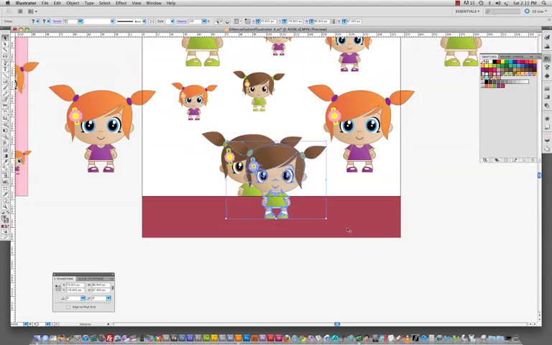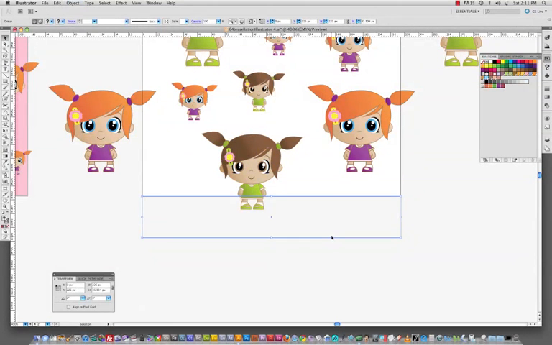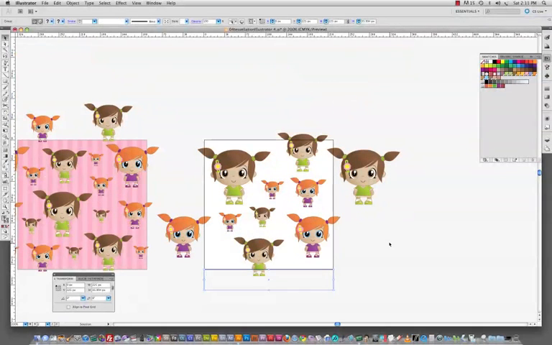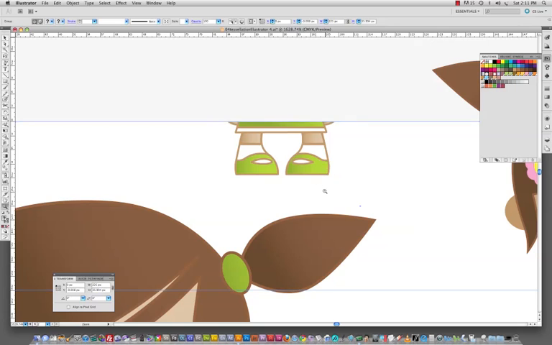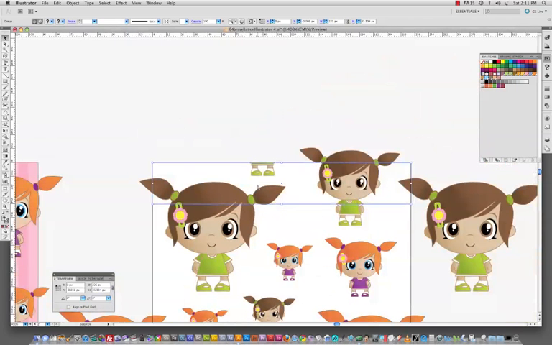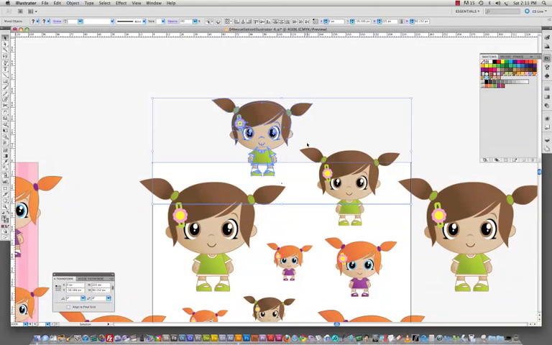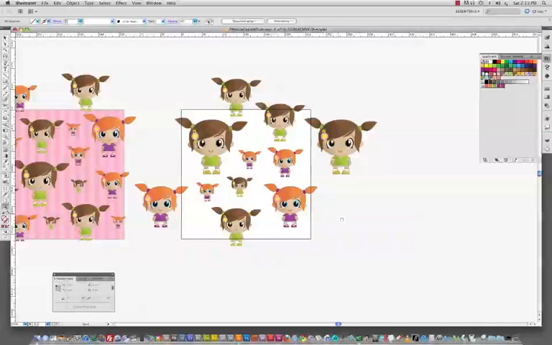I'll copy and paste. Whoops, I will copy and paste in front. Control C, Control F, or Command C, Command F, and Command 7 to activate the clipping mask. And then I'm going to move her little feet to the top. This is exactly where her feet will be, as per where she's been positioned at the bottom. That's where her feet will appear at the top. And Option, Command 7 to release that clipping mask. And so I have three of these